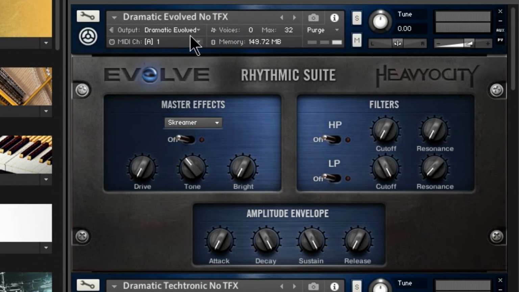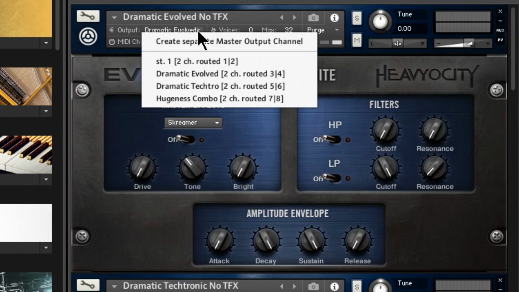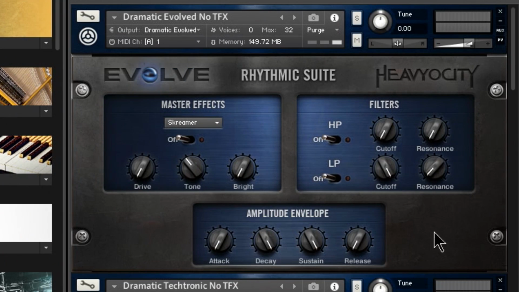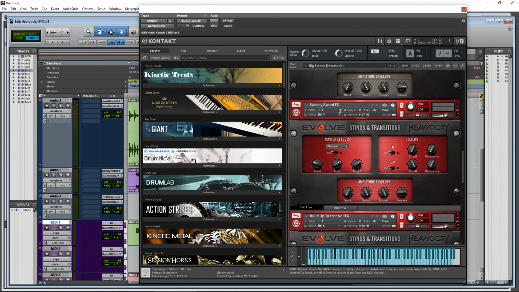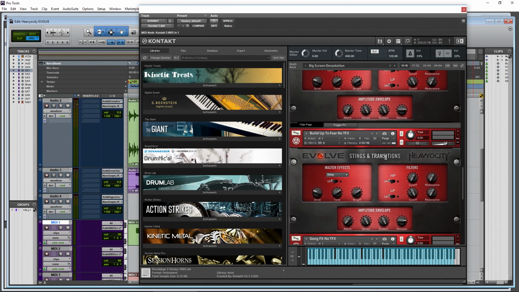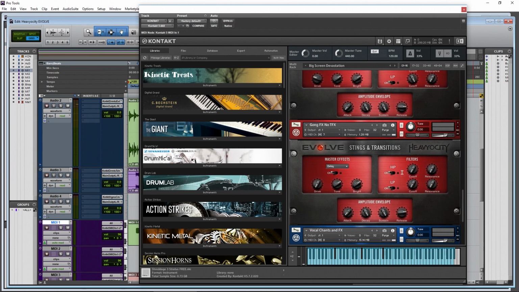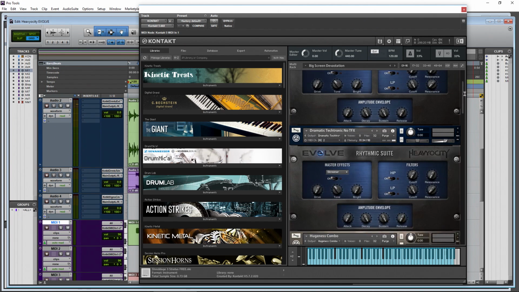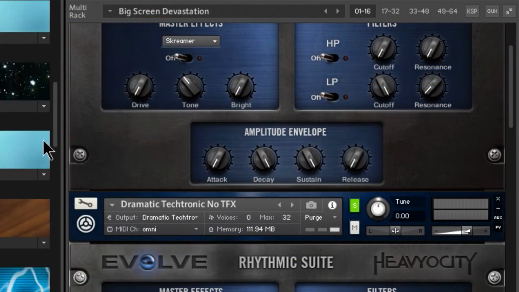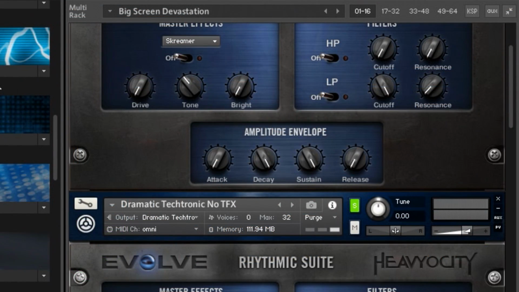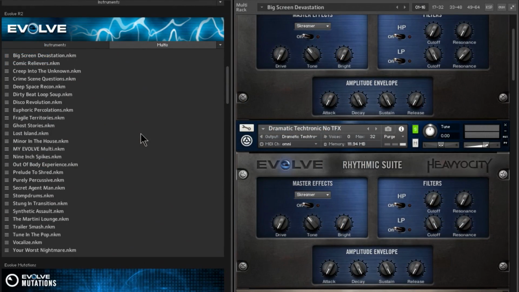You could, of course, output similar instruments out to the same output as well if you wanted to. All right, so if you wanted all of these all going out to audio, I don't know, 4 or audio 5, you could just set all of that up here and record all 3 of these instruments to one actual audio track. So that is using our multis here. Multiple ways to use our multis here